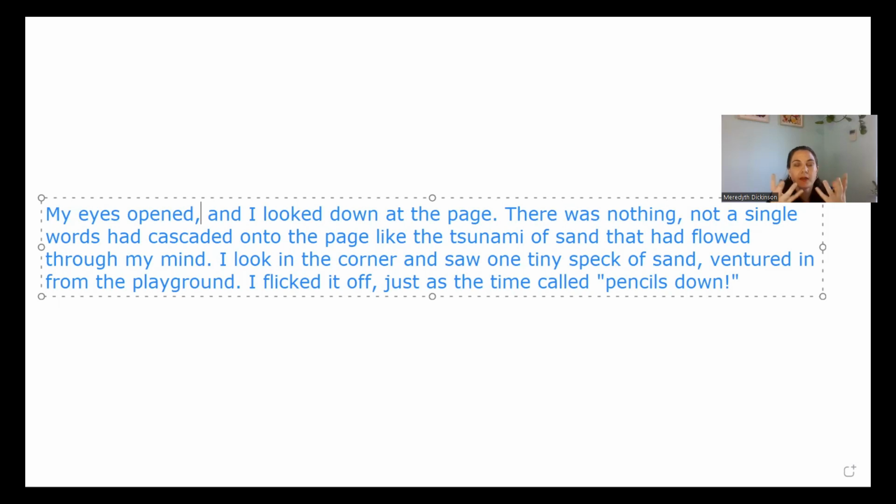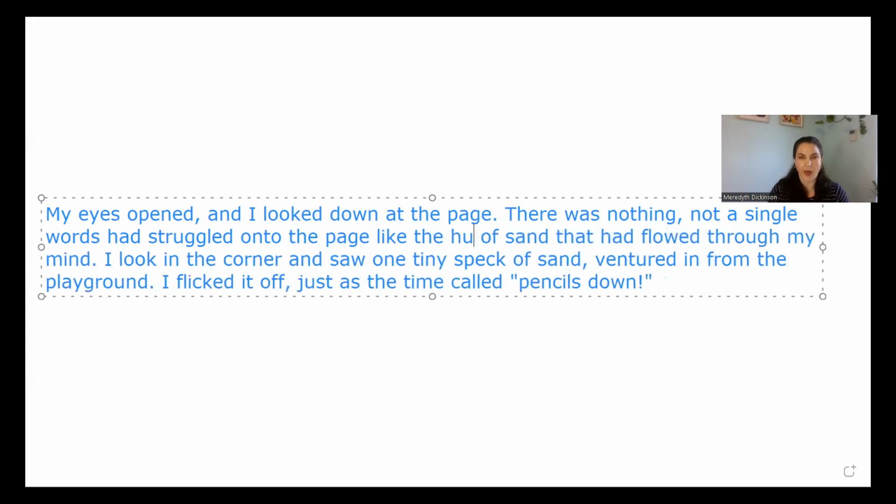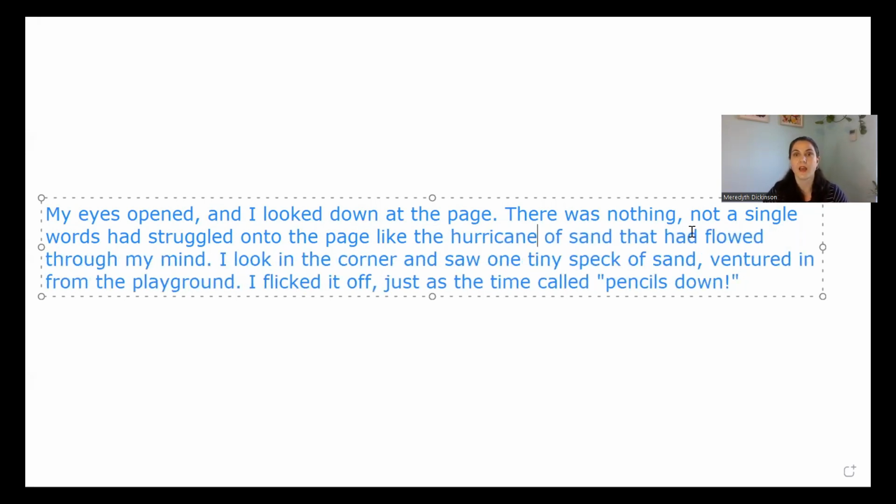Am I happy with that? So I'm thinking about that sucking down that the character did, the way that she was sort of caught in that quicksand. Not a single word had, maybe cascaded isn't the right word, had struggled onto the page. What about if we change this to, because that's what the character had done, had struggled onto the page. And then something like the sinking that the character did, like what about the tsunami? So I'm thinking about that sucking down. So I don't want to say the suction of sand, but maybe if we said the hurricane of sand that had,